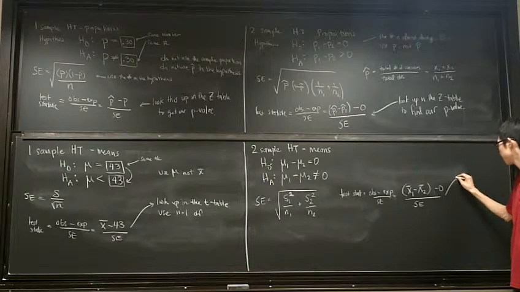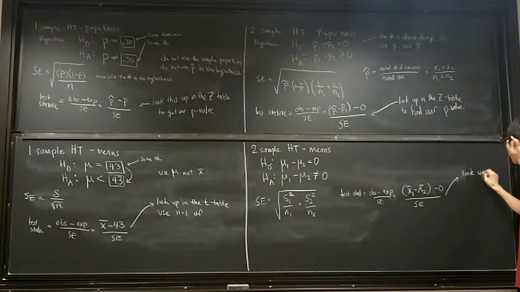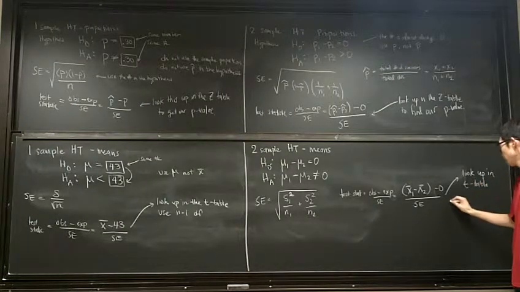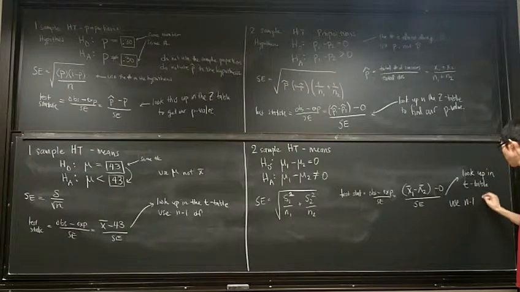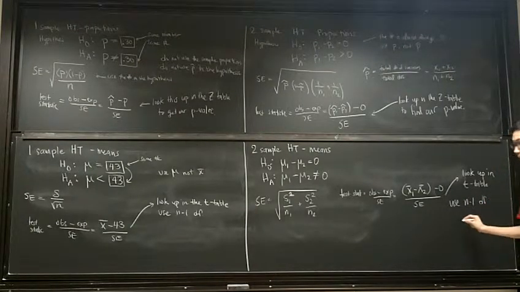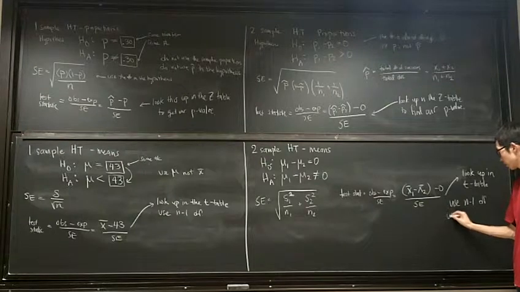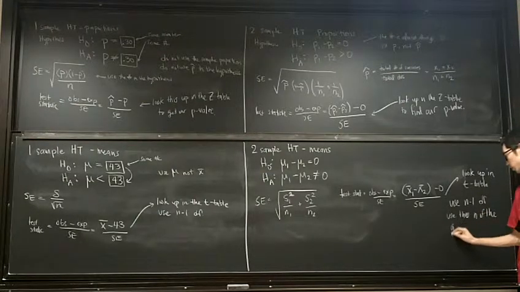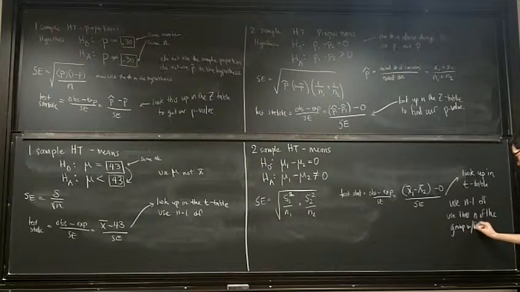I look this up in the t-table, and I use n minus 1 degrees of freedom, okay, using the group with the smaller n. Use the n of the smaller group, the group with fewer items. And that's it